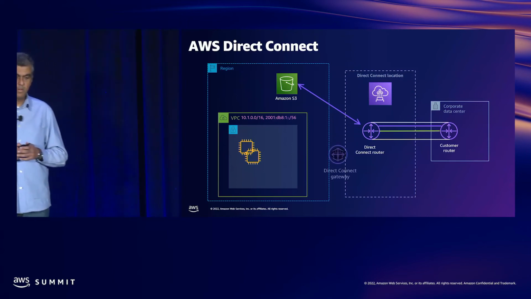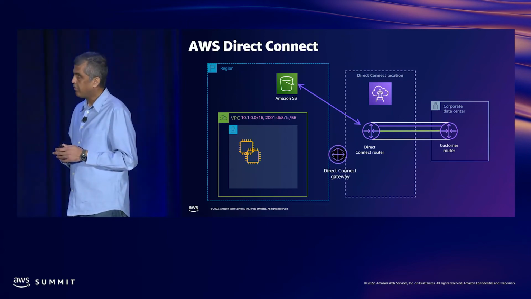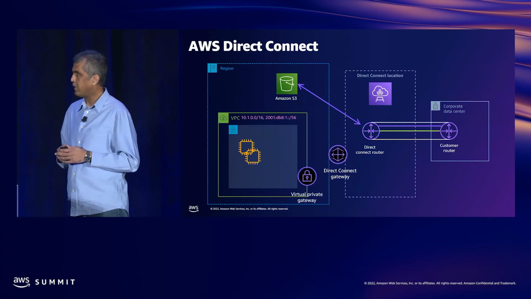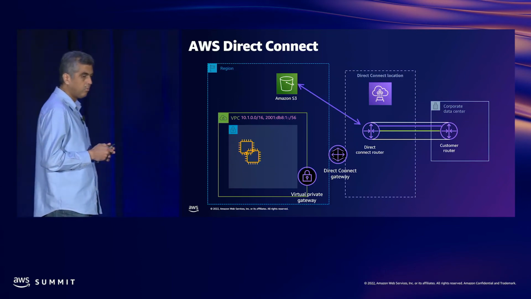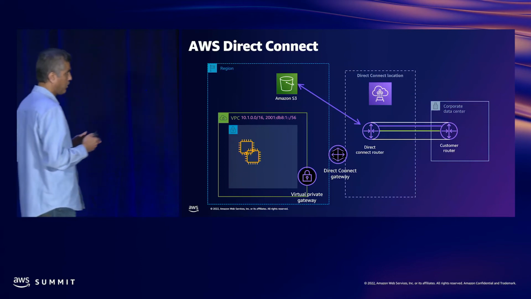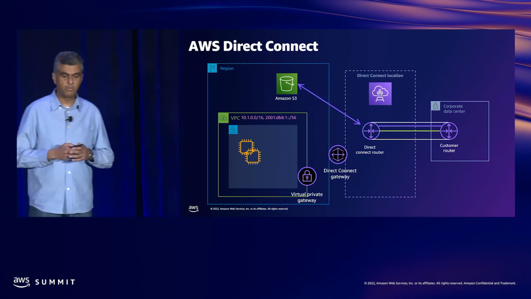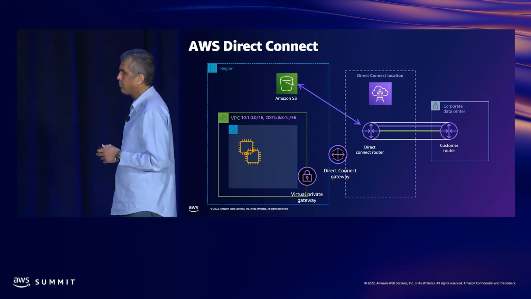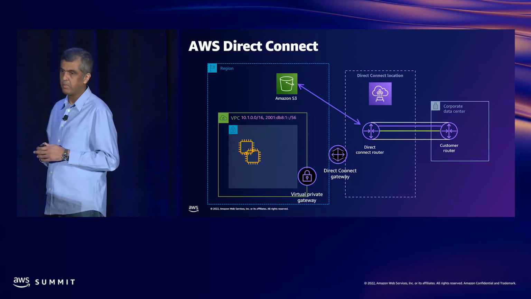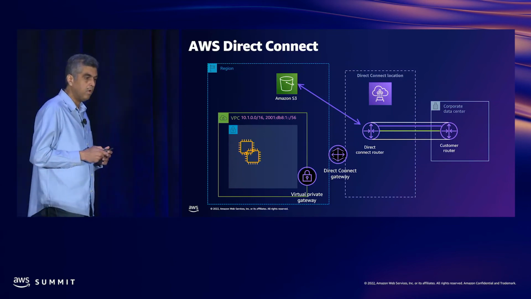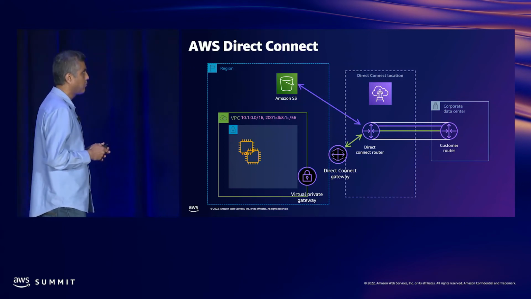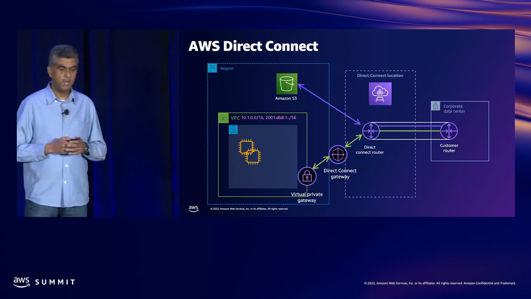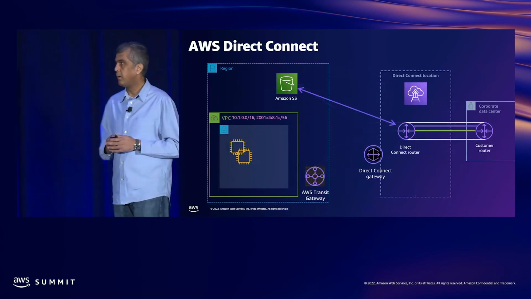So when you set up the Direct Connect, you can set up either using a virtual private gateway, which is our terminating endpoint on the AWS side. And if you want to go multi-region, which is very common, you can set up a Direct Connect gateway, which is again a virtual construct that allows you to connect globally to multiple regions over the same physical Direct Connect connection. So you don't have to have multiple connections in order to build that network. So in this case, you set up your virtual interfaces with Direct Connect gateway, you attach your virtual private gateway to the Direct Connect gateway, which then is attached to your VPC, and your resources can then talk to your